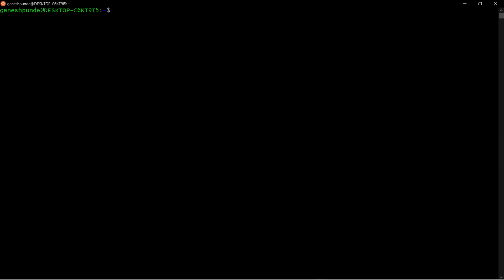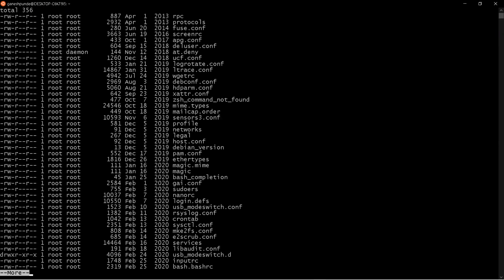Means what? Suppose I have this, right? So I am on the first page. Now I don't want to see the second, third, or whatever the number of pages. I can simply press Q and see I am out of the viewing mode. So basically, the space is used to show the next page. The Q key is used to quit the viewing mode, right? So just remember these two keys.